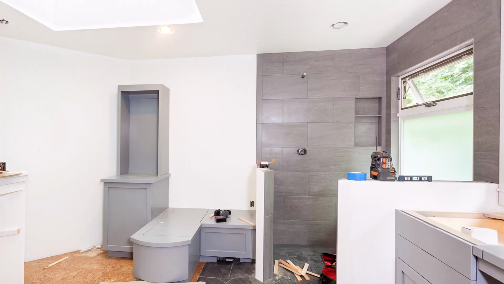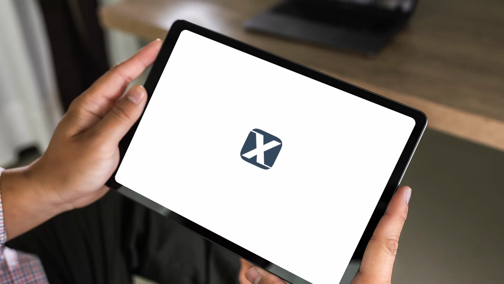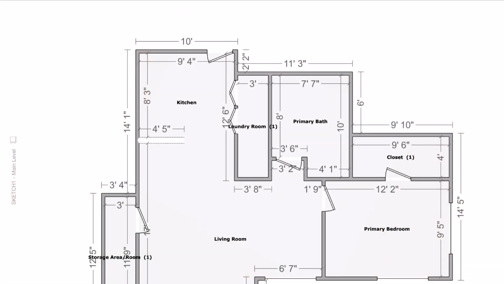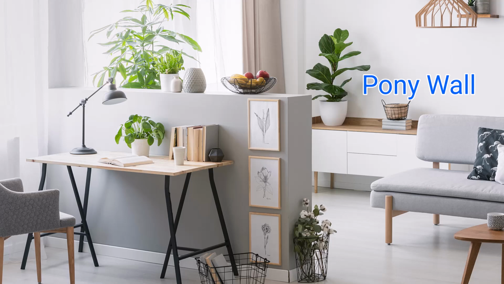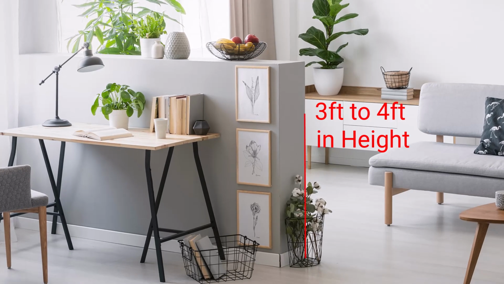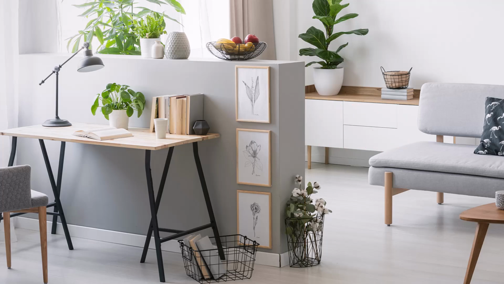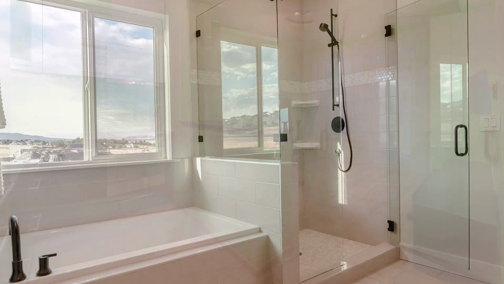Did you know you can quickly create a pony wall or half wall right inside a room using the Xactimate mobile app? In this video, you'll learn exactly how to do it. A pony wall, also known as a half wall or knee wall, is typically a low wall from 3 to 4 feet that doesn't reach the ceiling and can be used to divide spaces like kitchen countertops or showers, serving